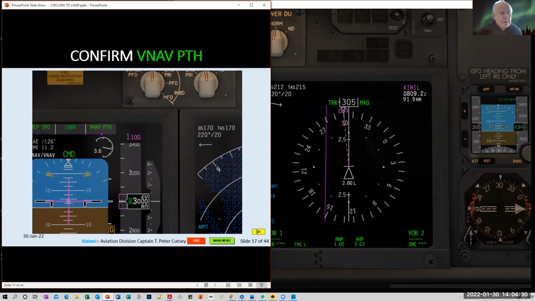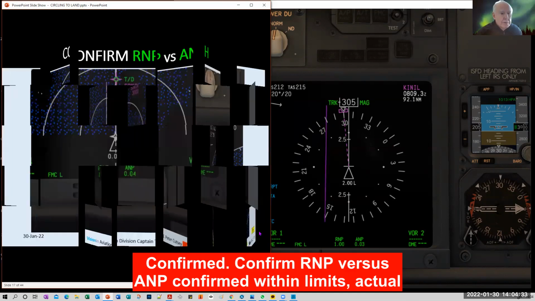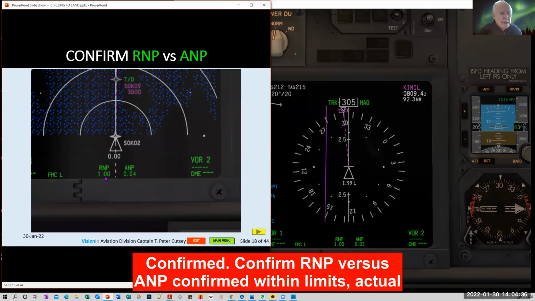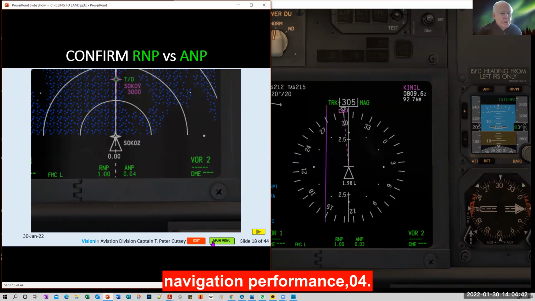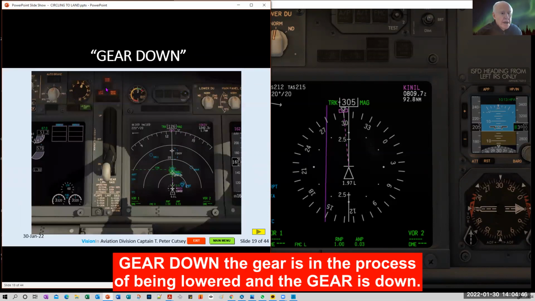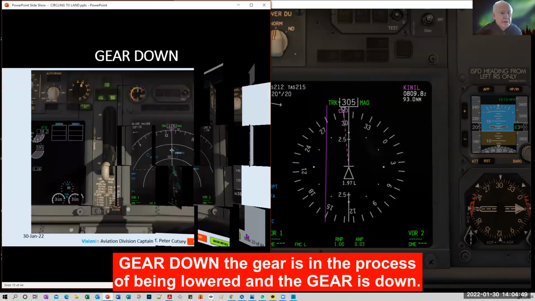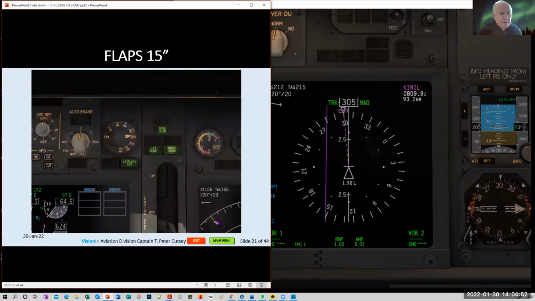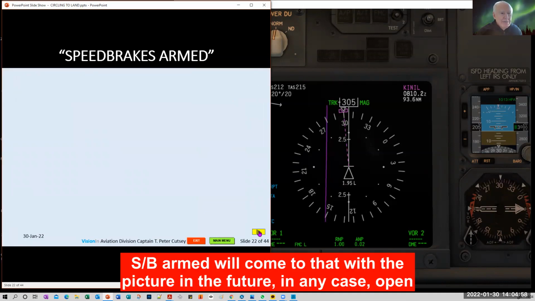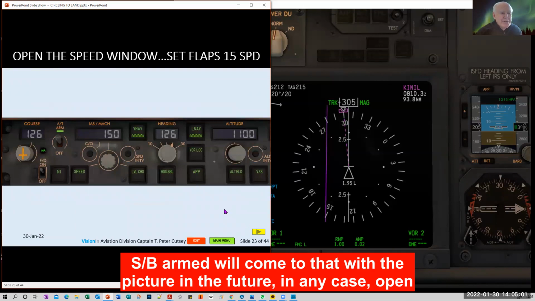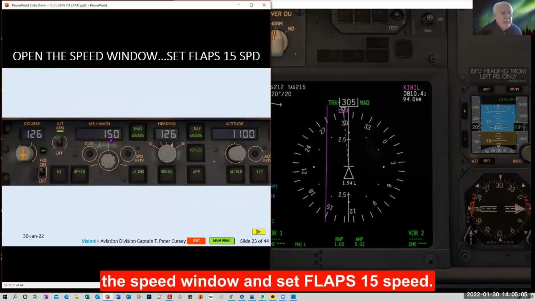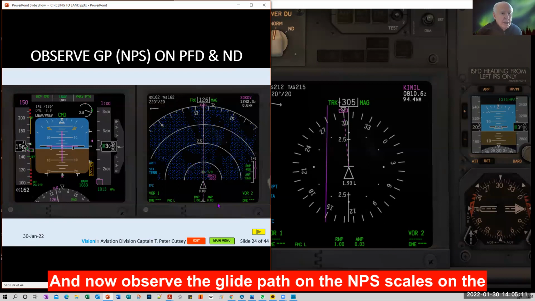Confirm VNAV path, confirmed. Confirm RNP versus ANP, confirmed, within limits, actual navigation performance 0.04. Gear down, the gear is in the process of being lowered and the gear is down. Flaps 15. Speed brakes armed. We'll come to that with the picture in the future. In any case, open the speed window and set flaps 15 speed. Done. And now observe the glide path on the NPS